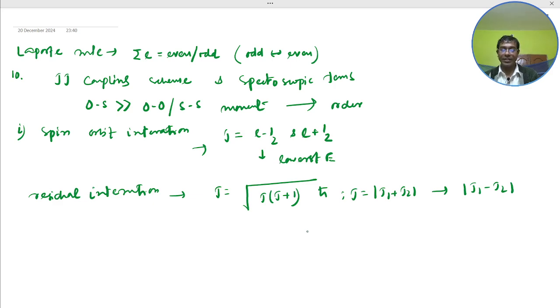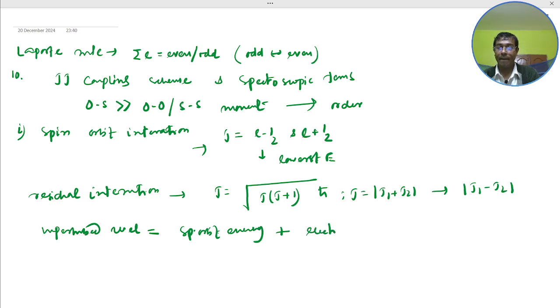And basically one thing is that the unperturbed level is equal to spin orbit energy plus electrostatic and spin energy. Electrostatic and spin energy. And the selection rule applied here,